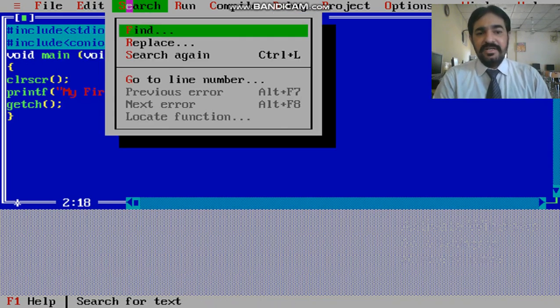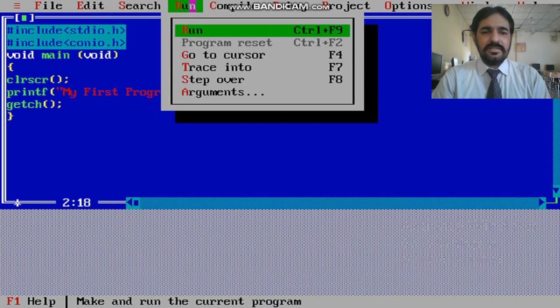Then search, find, search again, go to line number. If you are coding a very big program with a lot of lines, then you can go directly to a particular line number. This facility is also available. Then there is run.